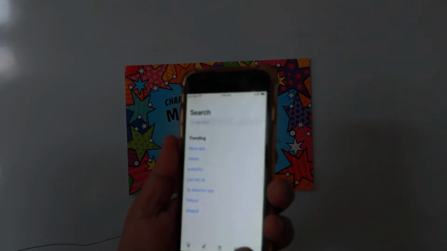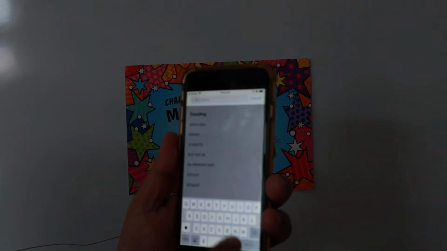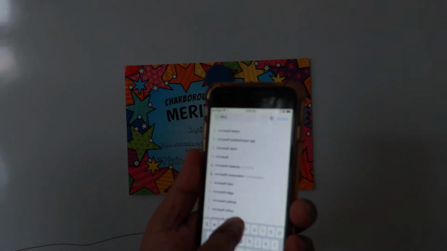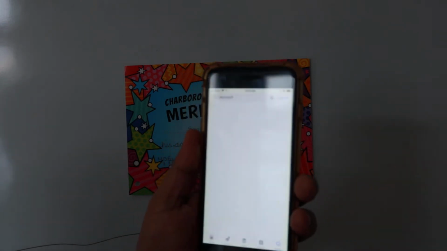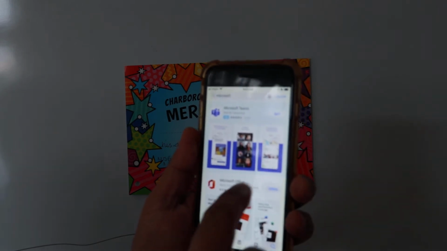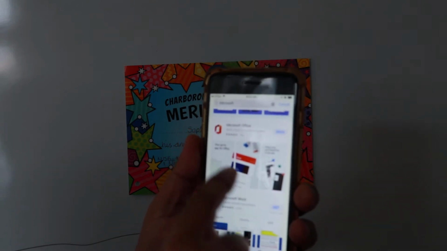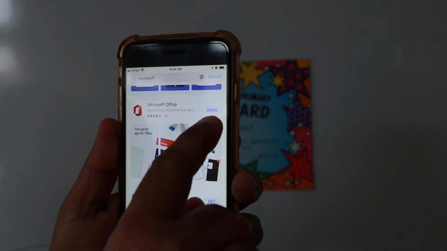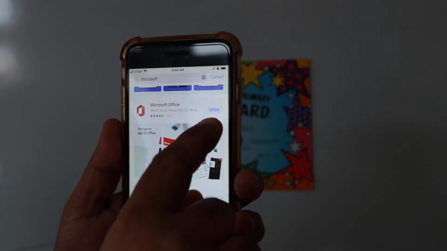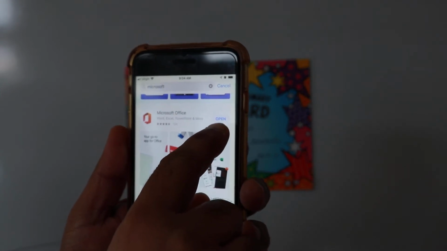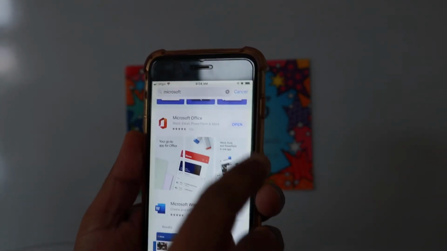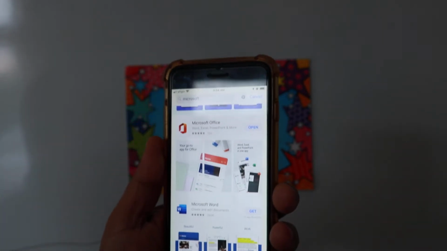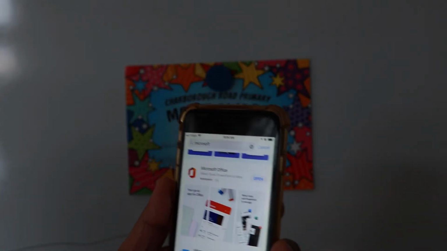Type, search Microsoft, then go down, make sure Microsoft Office. Now since I have already installed it, that's what I can see, open. Otherwise you need to download that one. Once you have downloaded and signed in, after that